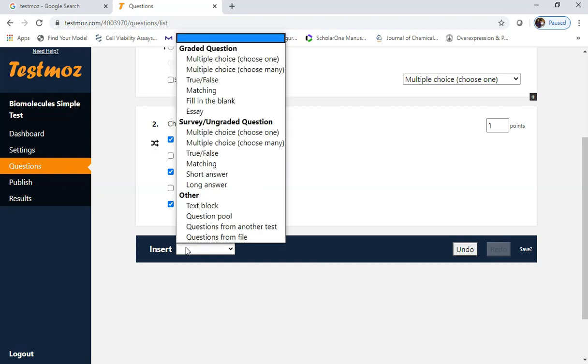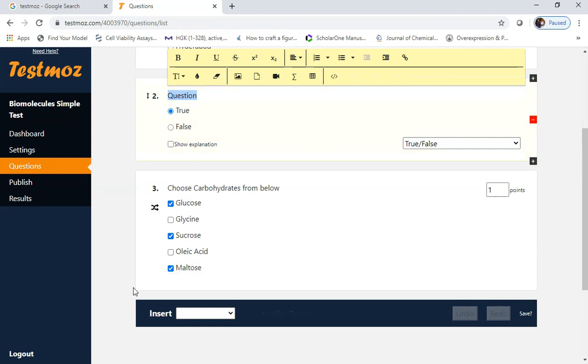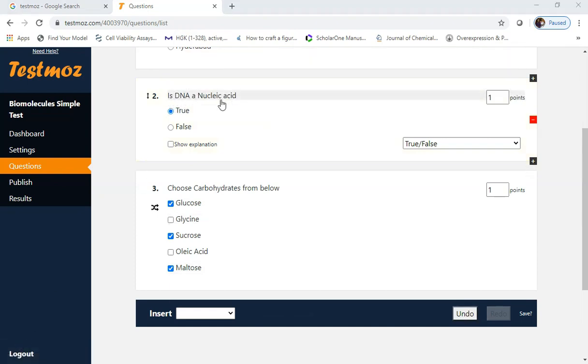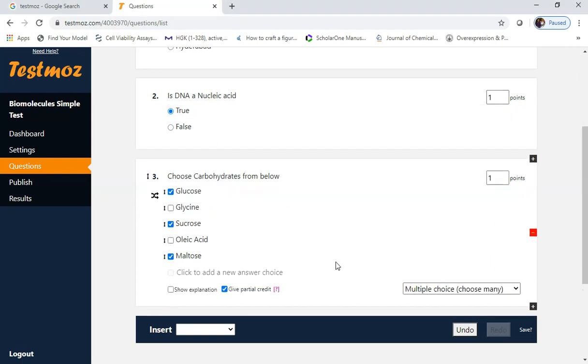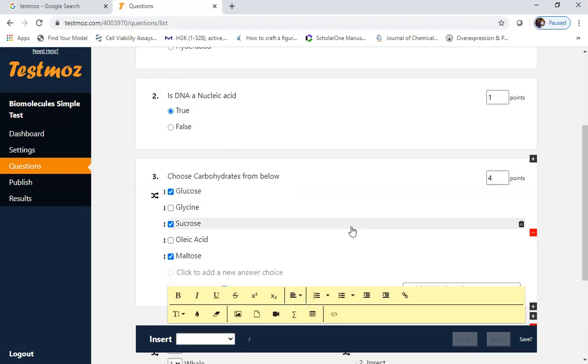Move on to the next question, true or false. Fill the question. Any question, true or false. We'll go to our previous multi-choice question, where we can give partial credit also to the students who click only 1 or 2 options correctly. It is nothing but 1 divided by n choices. We can give marks. There are 5 choices, divided by 5. So here I'm giving 4 marks or 3 marks depending on our wish, but it automatically grades partially.